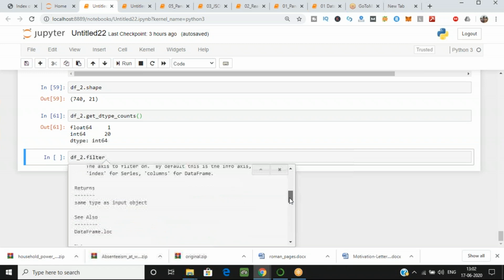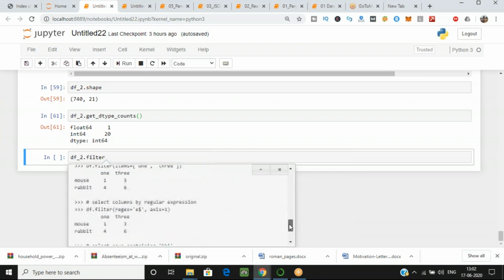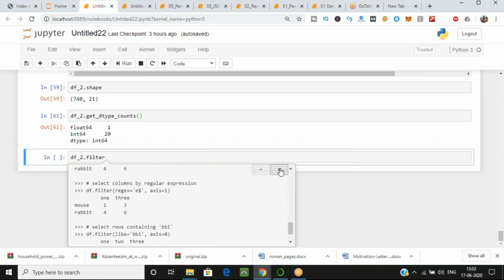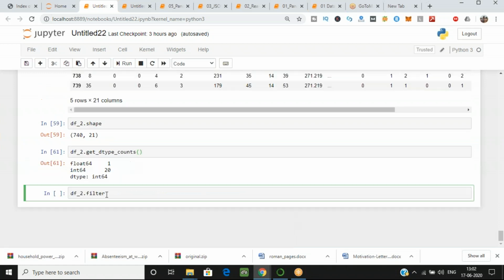So what you have to do, we'll use two functions over here. First we'll do like function, and the second is the regular expression function for that. So let me just cross that, and we'll write the filter function over here. I want columns which have social in their name, in their label. And I want it to return 25 values for that. So let's just execute this one.